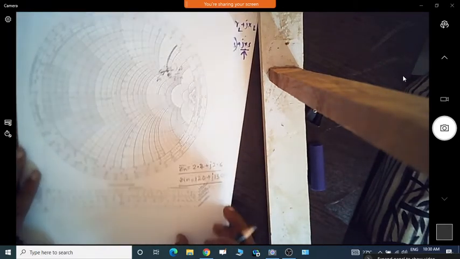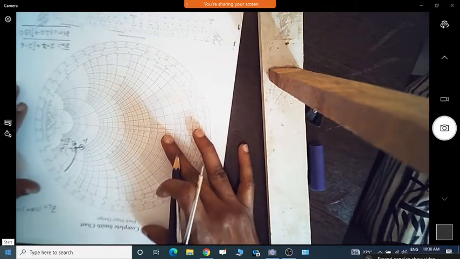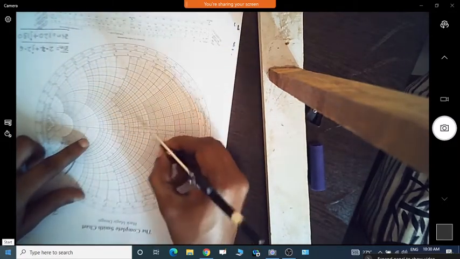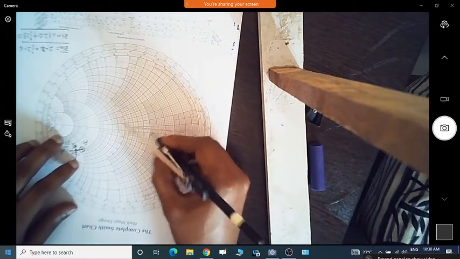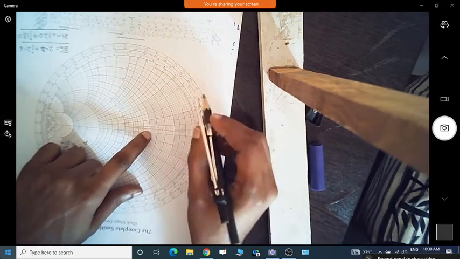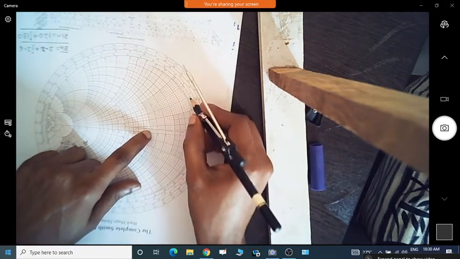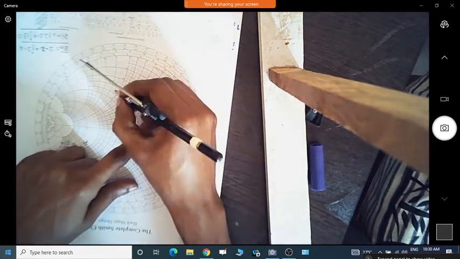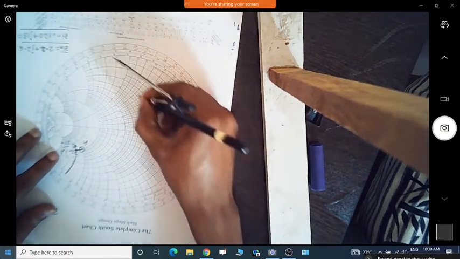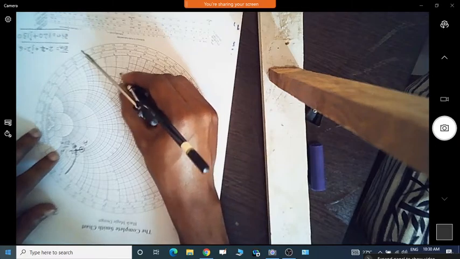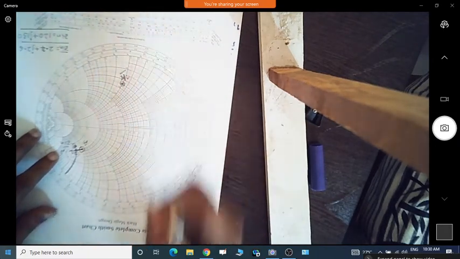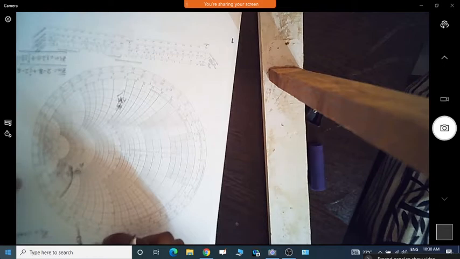So now we can see, exactly I need to take the 180-degree phase shift. So where we have 0.5 plus j1, there is plus j1. So this is the value where we have 0.5 plus j1. This is your YL bar. Okay, so now for that I need to take this.